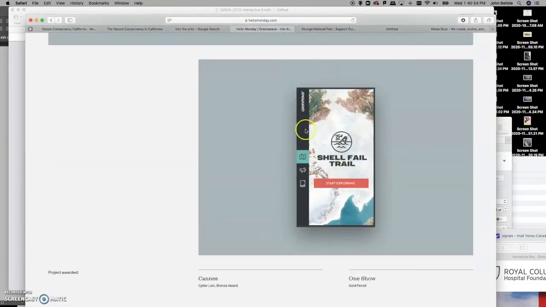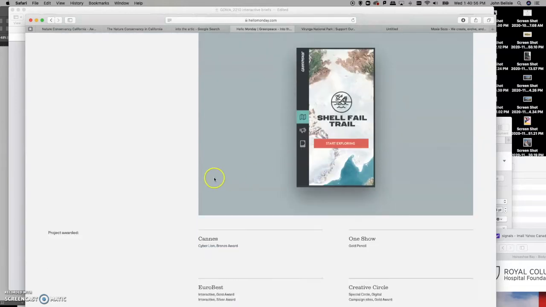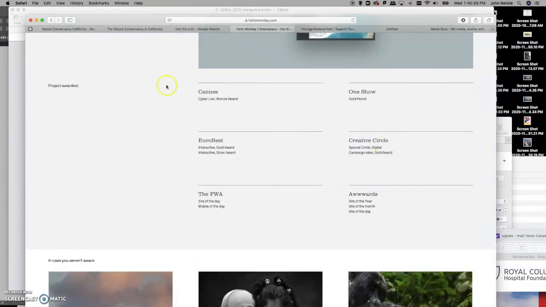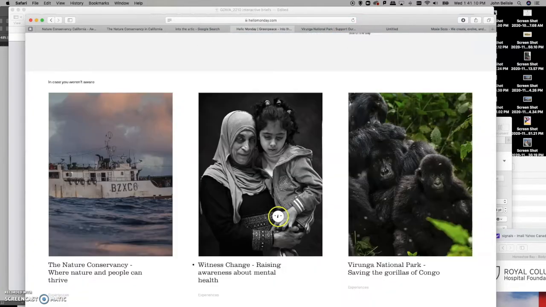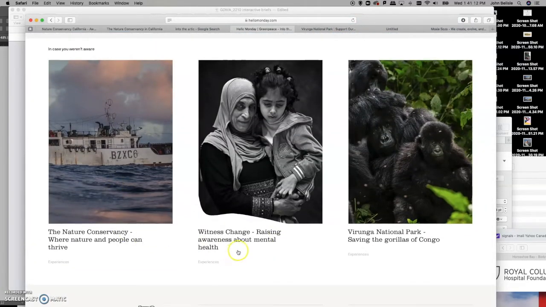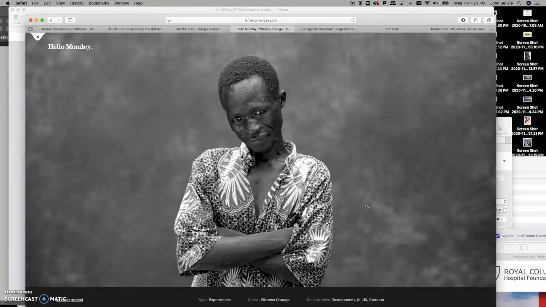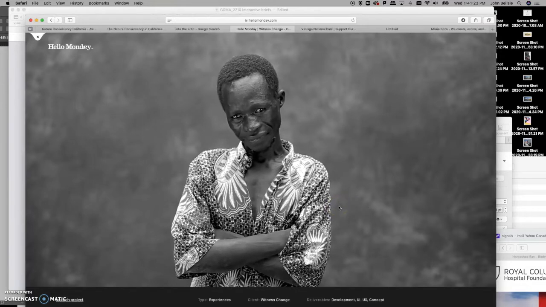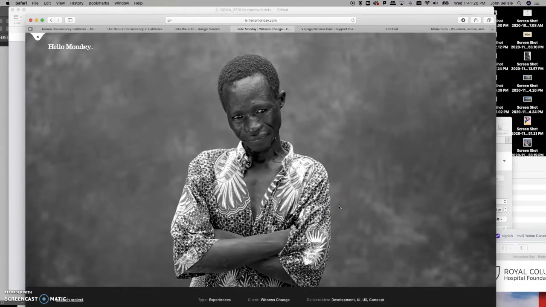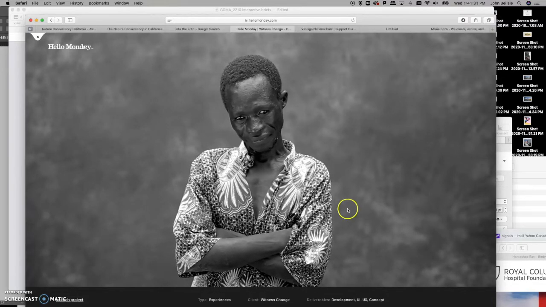And then here we're looking at the mobile version of it. And then you can see some of the awards they won for that. So Cannes, One Show. Those are two of the bigger awards you can win. So if you have a chance, have a look at some of their work. Hello Monday does some amazing websites, and I would say they're one of the firms that really embraces bringing together print elements, design fundamentals, and then really